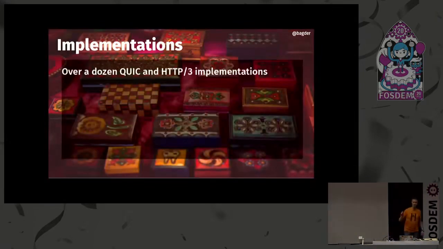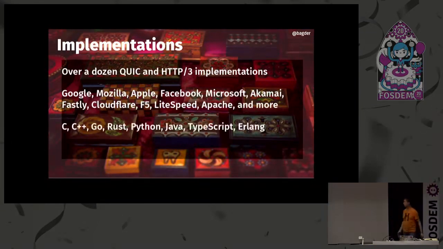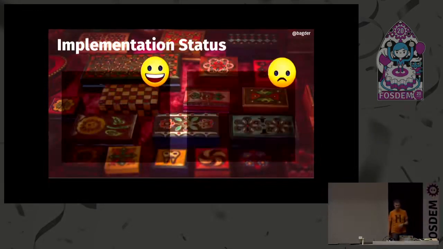So there are a lot of HTTP 3 and Quick implementations. I'd say over a dozen here, but I think there are even more. So all those companies I showed you before, they all have their own stacks. So there's a multitude of them. You can get them in many languages. There's nothing that prevents you from jumping in immediately and start fiddling with them. There are monthly interops, which actually proves that the specifications work. Most of these implementations can actually interoperate with each other to a fairly high degree at least. And we're on draft number 25 right now.